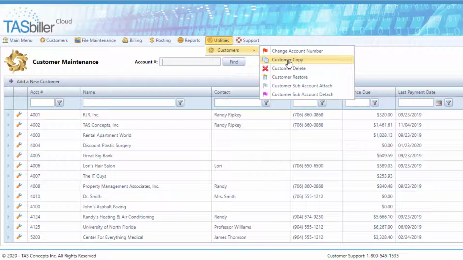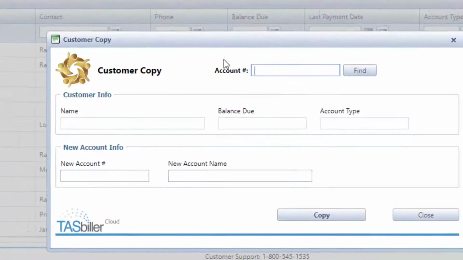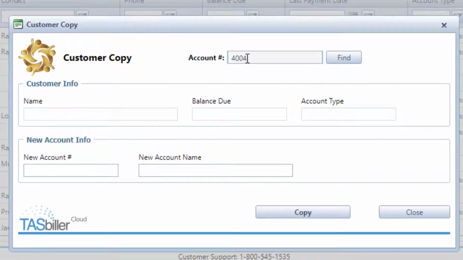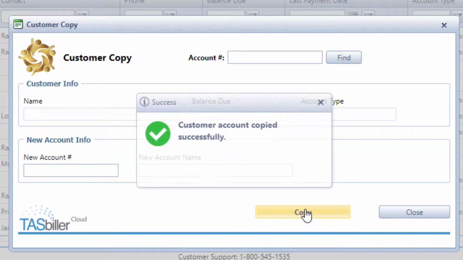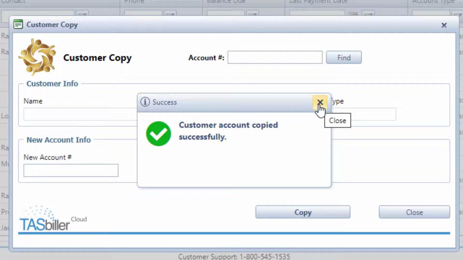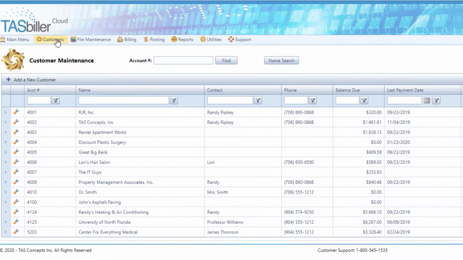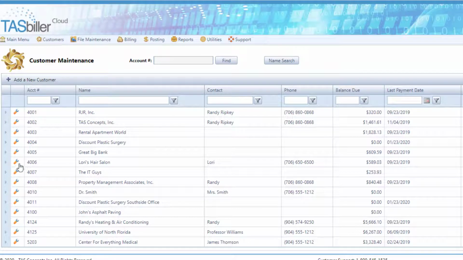So let's say 4004 is opening a new office, and I'm going to call it 4011. Oops, 4011, and it's prompting me for a new name. I'll perform the copy function. Again, the confirmation appears, so I can close out of this. And when I return to customer maintenance, I now see I have an account 4011, and if I look at this account,